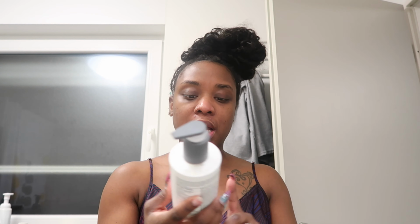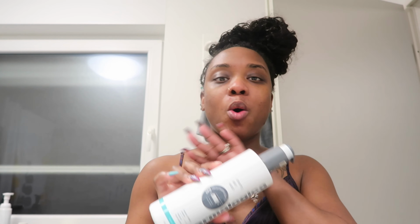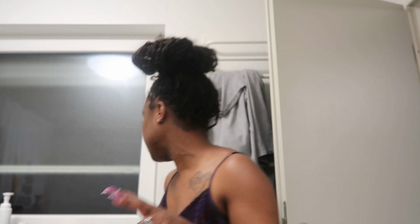So the first cleanser that I'm going to use is the Dermalogica Clearing Skin Wash, and it is a breakout clearing cleanser. Go in with this. Now, if I had makeup on, I would go in first with some micellar water and a cotton pad to get as much makeup off as I can, and then I would use this, but no makeup. So we're gonna start with this, and then my second cleanser